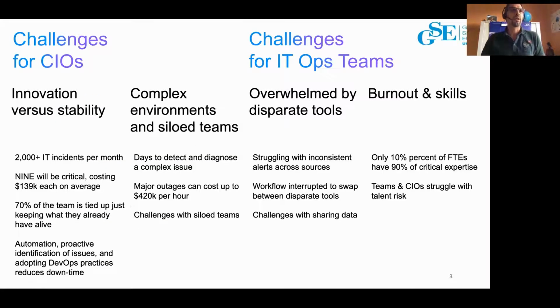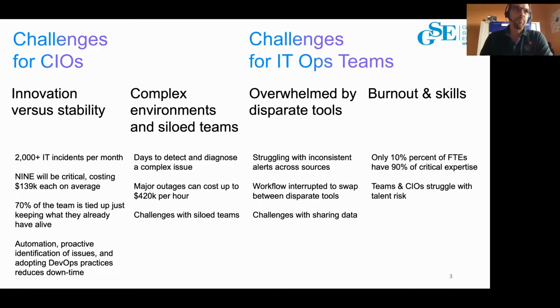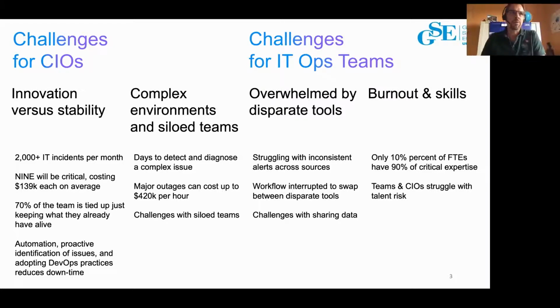So let me first look at some of the challenges before we look at the details of the two offerings that I mentioned. From a CIO's perspective, there's been a constant struggle between innovation and stability. Managing and processing more than 2,000 incidents per month, including sifting through daily logs for minor incidents and reducing major outages, is of course very time consuming and expensive. And actually only 9 of those incidents are really critical, and they cost an average of $139,000. So a large percentage of the team is really tied up just keeping what they already have alive and